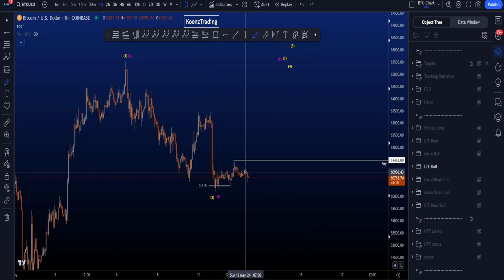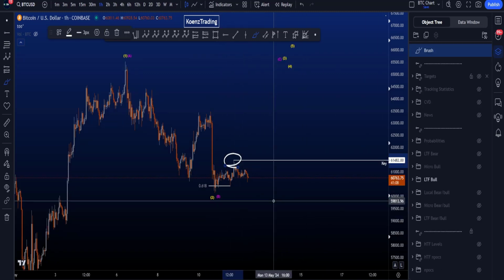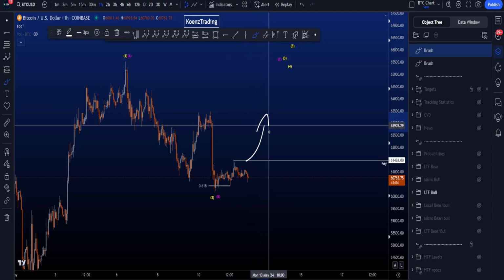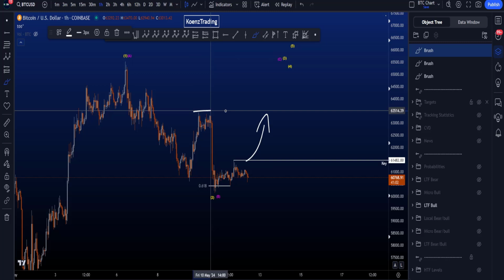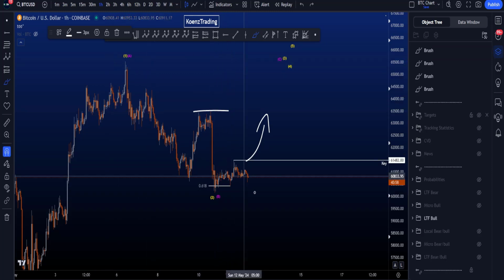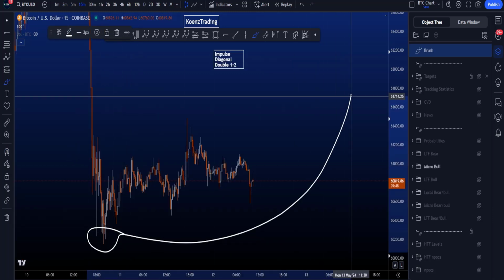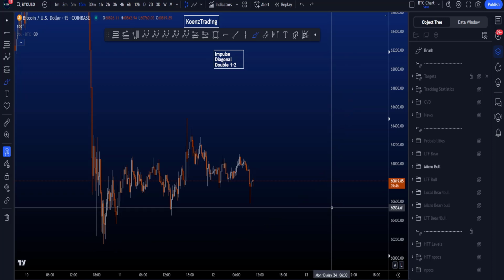However, if price can move towards the upside and take out this high at 61.4k, it will increase the probabilities for this scenario and continuation to the upside to take at least the high here at 63.5k, if not move above 65k. If your wave 2 or B is finished and we are looking for impulsive continuation to the upside,